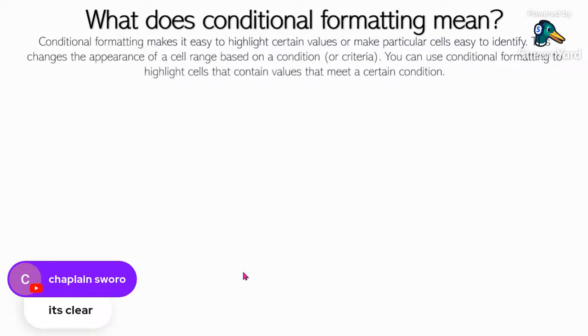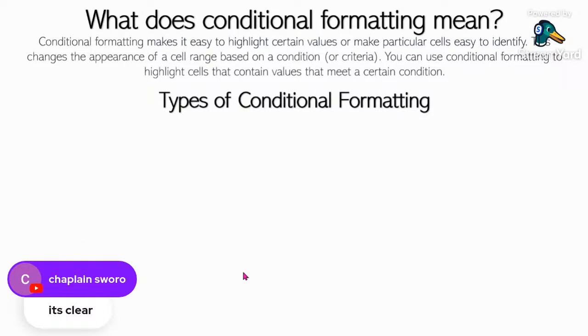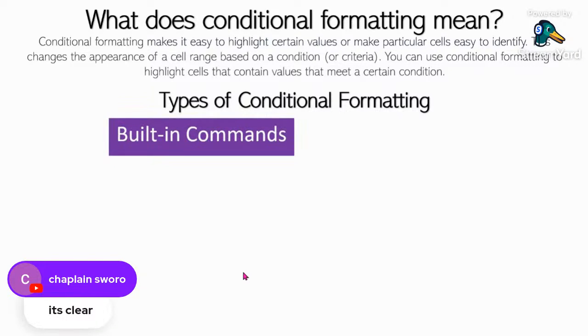Conditional formatting. That's where it picks the name. There must be something that turns out to be true for the appearance of a cell or a range of cells to change. You can use conditional formatting to highlight cells that contain values that meet a certain condition. You can also highlight a cell that has no value for as long as your interest is to conditionally format that particular cell. Okay? There are several types of conditional formatting, basically two of them, and one is using the